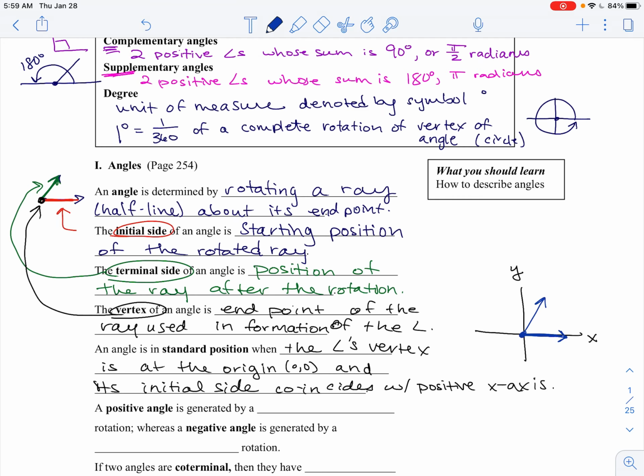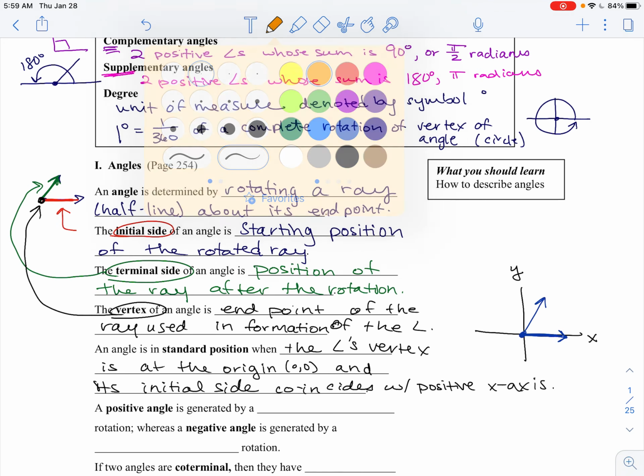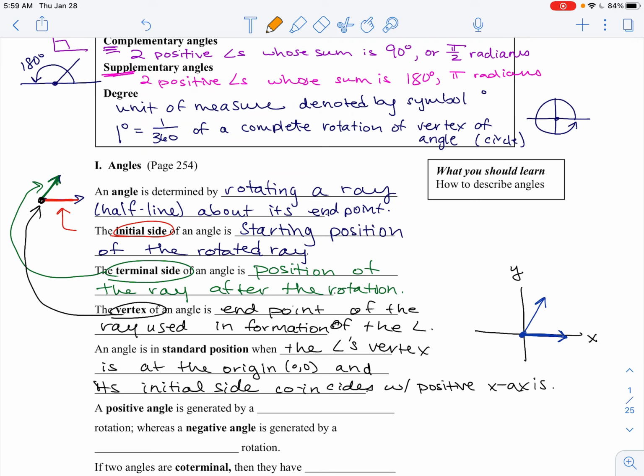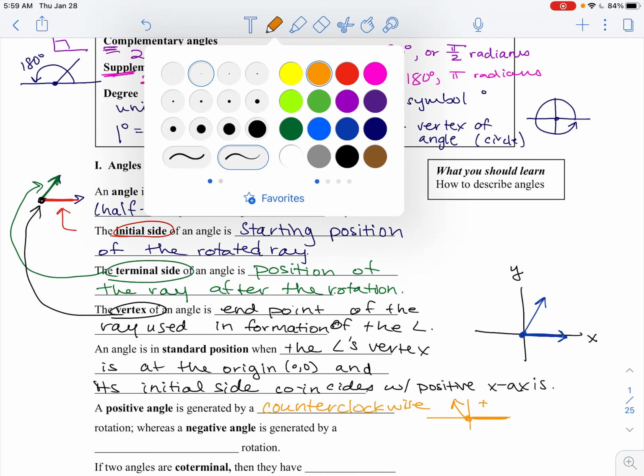A positive angle is generated by a counterclockwise rotation. Here's what that means. If we start here, this is our initial side. Counterclockwise from here would go this way. We call that a positive angle,